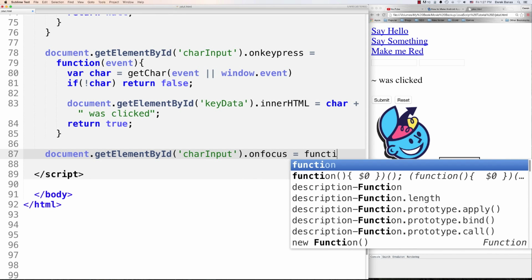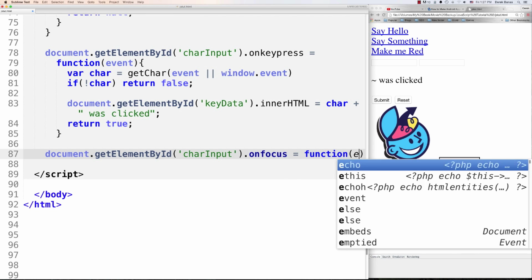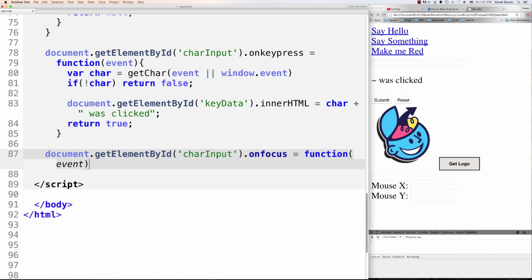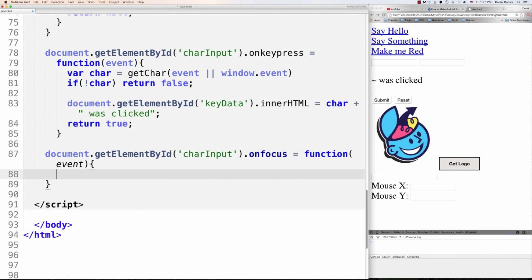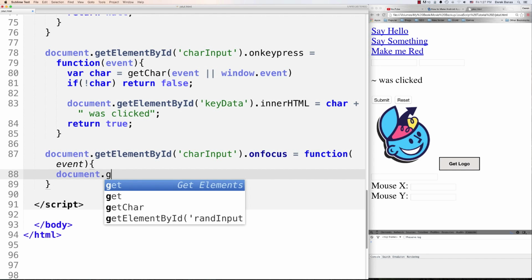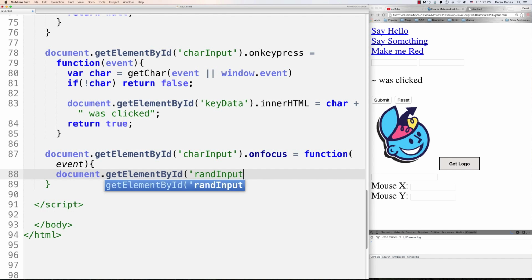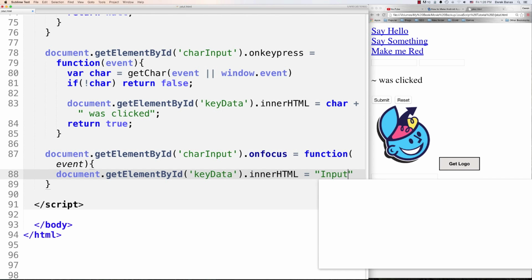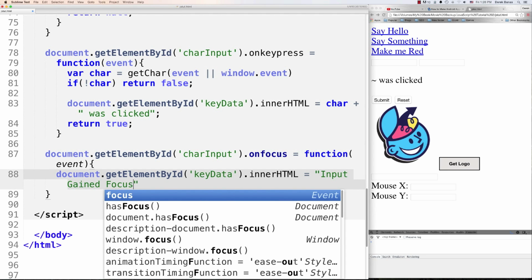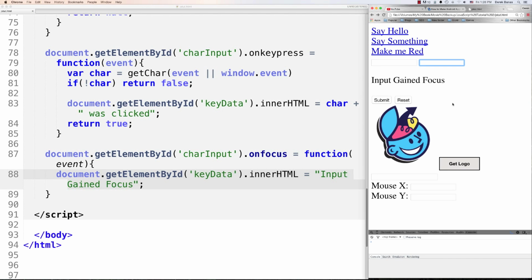Well, then we want to execute some additional functions. So an event gets passed inside of there once again. And this time we want to go document and, of course, get element by ID. You can do that over and over and over again. And this time, call key data, just like we did right here. We're going to put some information inside this paragraph tag, and this again we're going to use inner HTML is equal to, and then we'll just put something like input gained focus, and you can see input gained focus pops